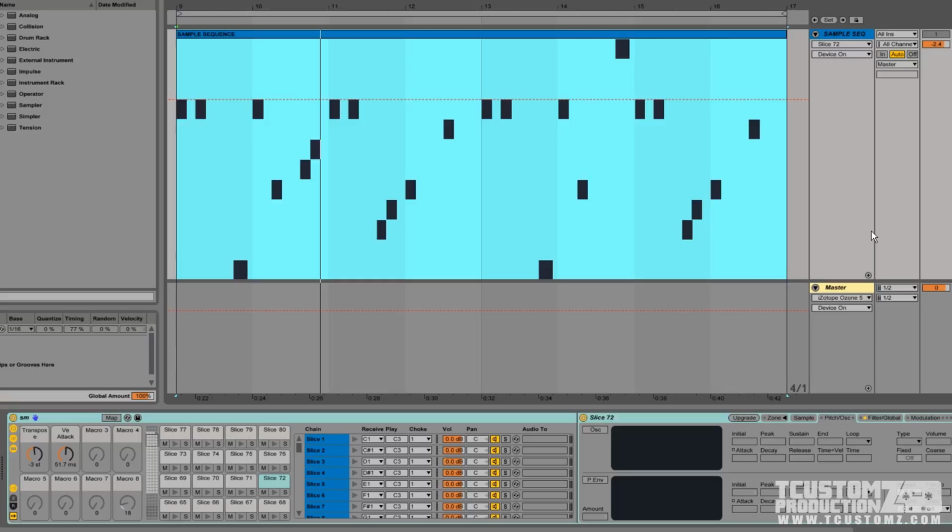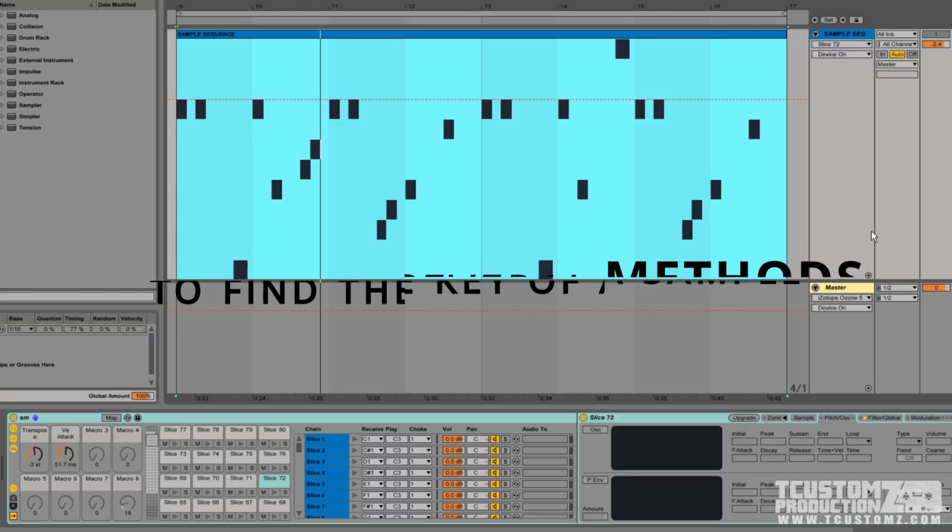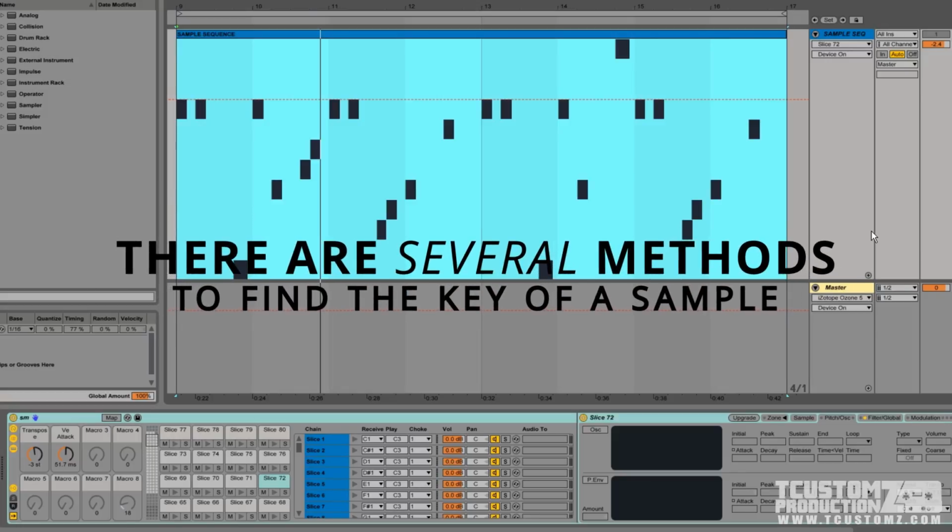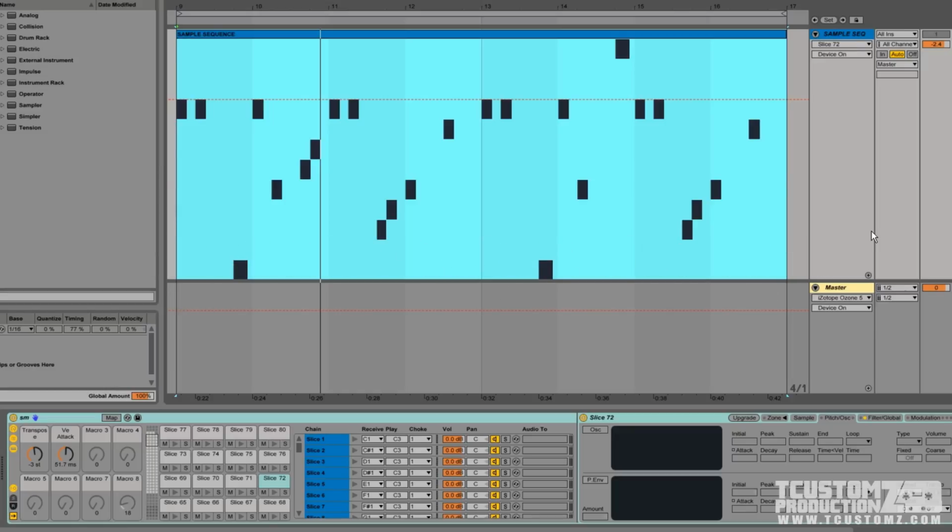I first want to preface this by saying that there are a multitude of ways to achieve this. There are third-party plugins, native plugins, and standalone applications that can analyze your audio and spit out a key for you automatically. If that's what you're interested in, a quick plug-and-play tool that will do that work for you, I'm going to mention one towards the end of the video that's been recommended, as well